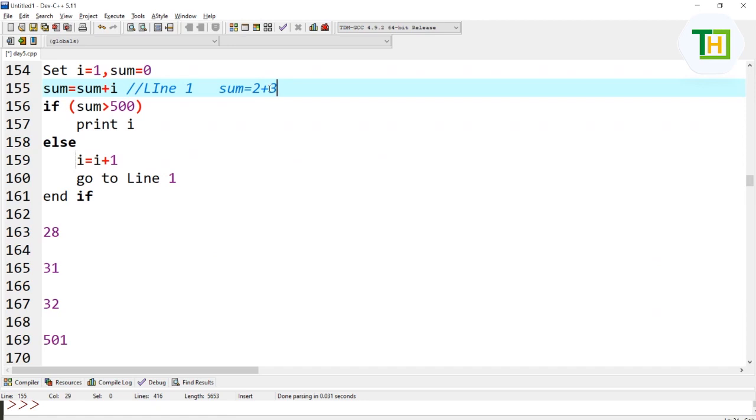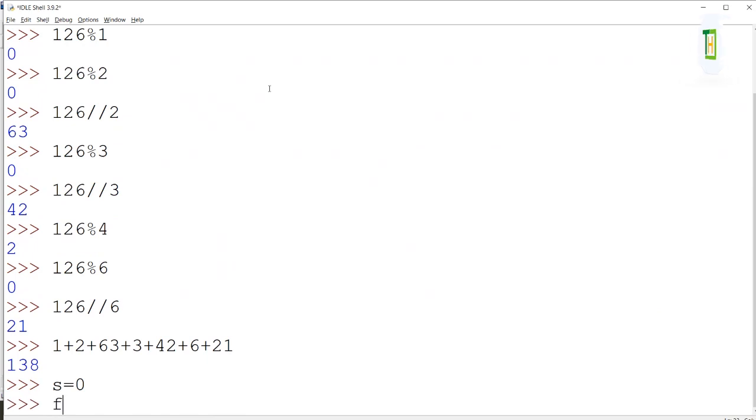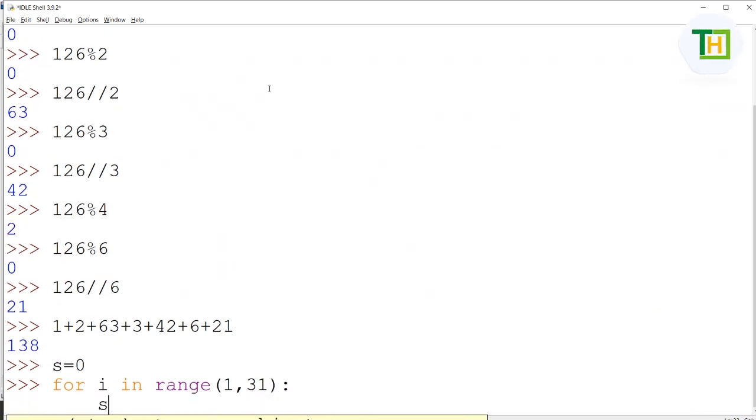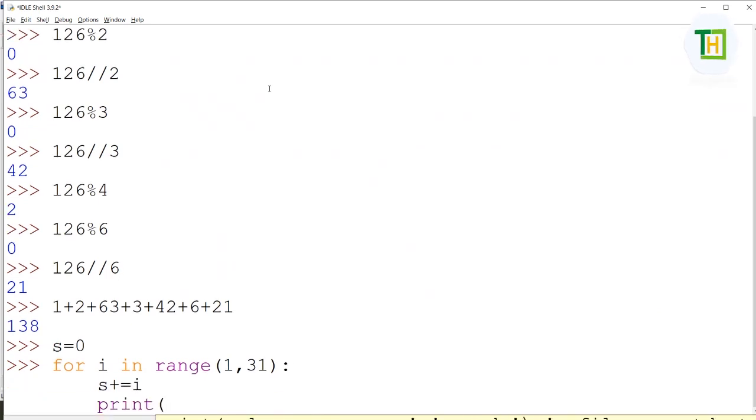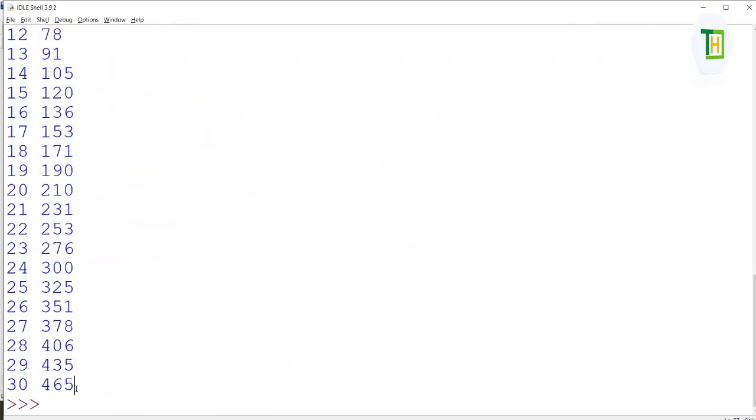For example, I am going to add the sum of all the numbers. That is going to be, if s is equal to 0, I am going to write for I in range 1 to 31. S plus equal to I here, and I'm going to print I comma S. Just observe here. If it is 30, the answer is